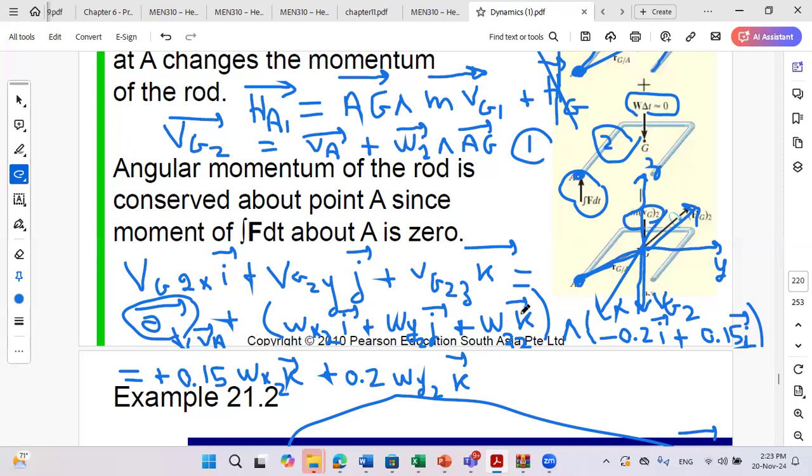We have K vectorial I plus J, and we have minus, so minus 0.2 omega 2Z in J, and K vectorial J is minus I, so minus